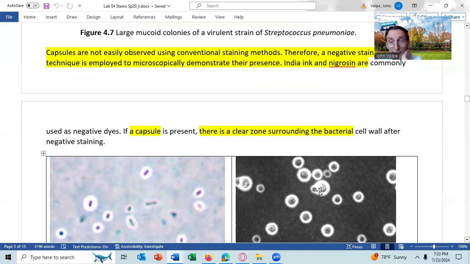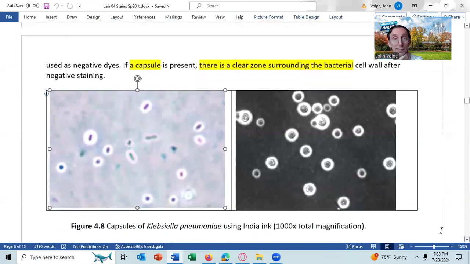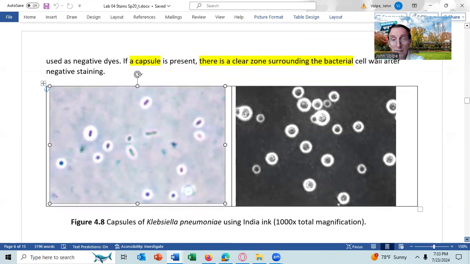India ink stains the cells light gray and stains the background a dark color, dark black. And then the capsule is not staining. It's clear or white. On this slide here, which is a capsule stain or a negative stain, we are probably using 2 dyes here. One that's staining the cells a dark color, and then a second stain, which looks slightly greenish gray, staining the background, and the capsule is unstained. Any question about any of that?